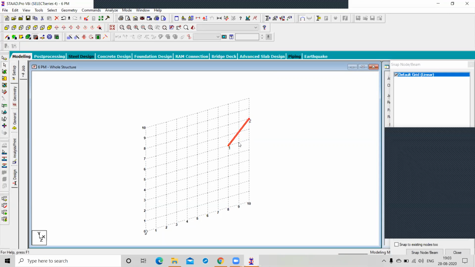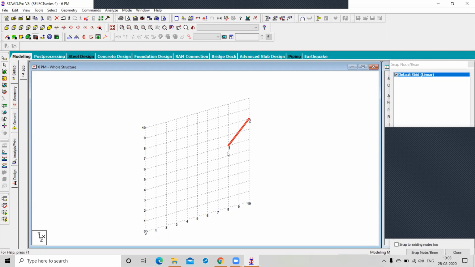If you want to move any member a specific distance along the x-axis or y-axis, you can move it. The present position is taken as the origin. It is moving from the first node.